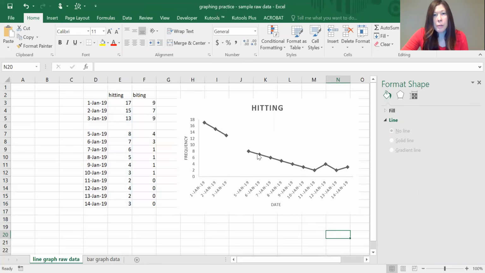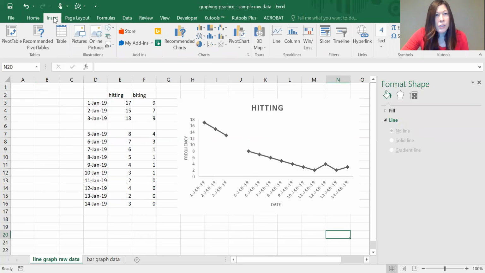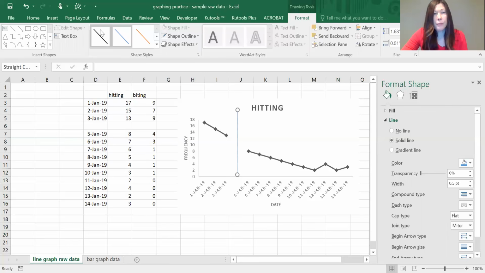We do also want to label our phases. I'm going to insert a phase change line kind of the old-fashioned way, the simple way that doesn't move with the graph. I do have another video that goes through how to insert phase change lines that move with your graph, but it's a little too complicated for this video since this one's so basic. So all I'm going to do is insert a line the simple way. So you just go over to your Shapes tab here, select line, draw it in yourself, and then again, I'm going to turn it to black because we want everything to be black. Okay, try to get that straight.